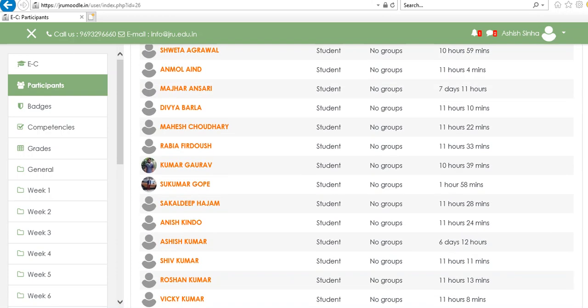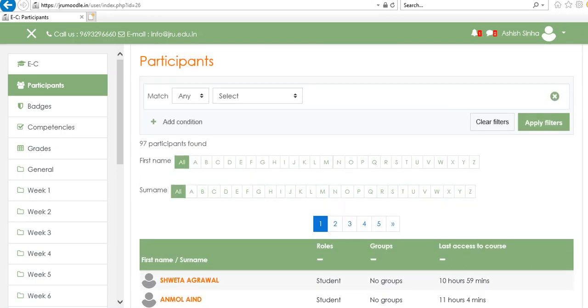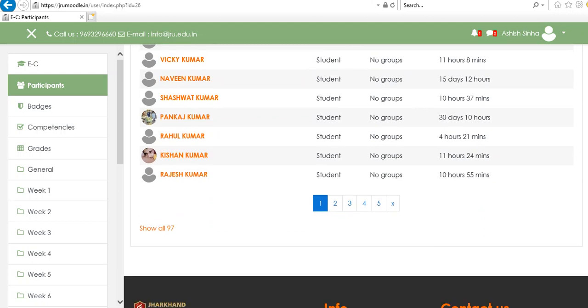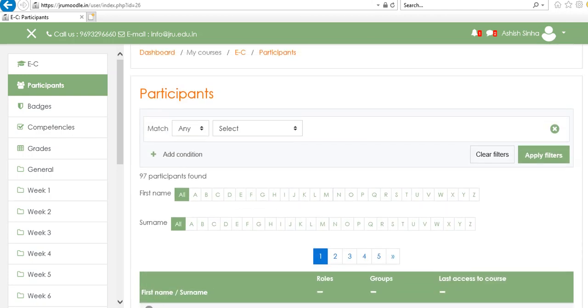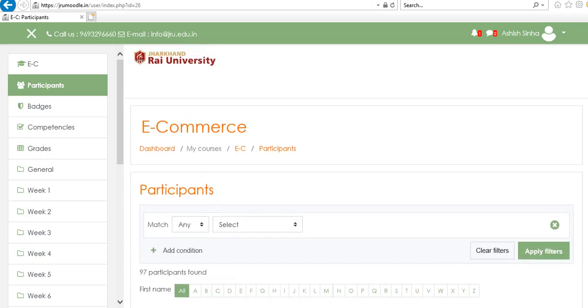All your activity is tracked here. What are you doing on this platform? Everything is under control, under vigilance. So if you are messaging anyone, or moving on the discussion forum, or viewing videos or the provided PDF, PPT or notes, every log is available here, so we can track your activity on a daily basis. Okay, so this is the first introduction to our Moodle learning.